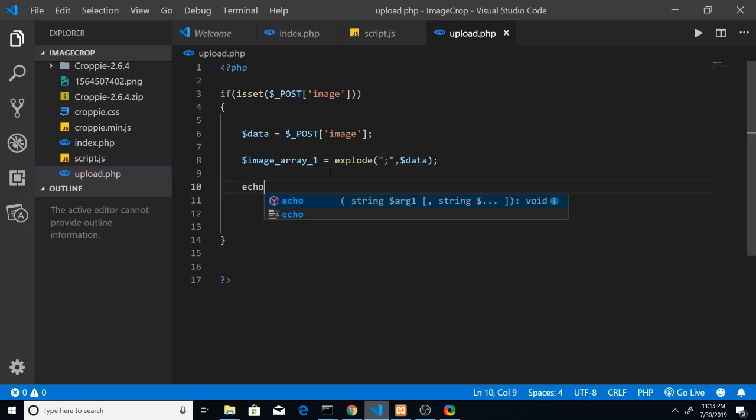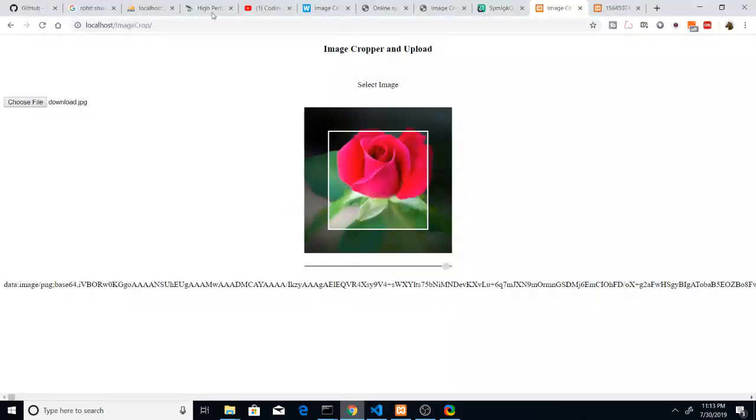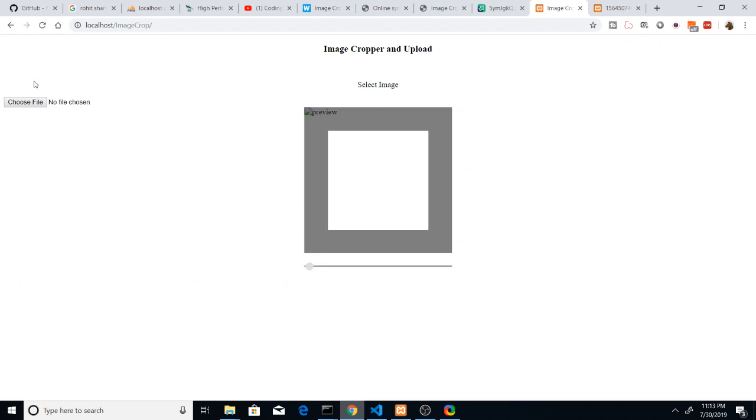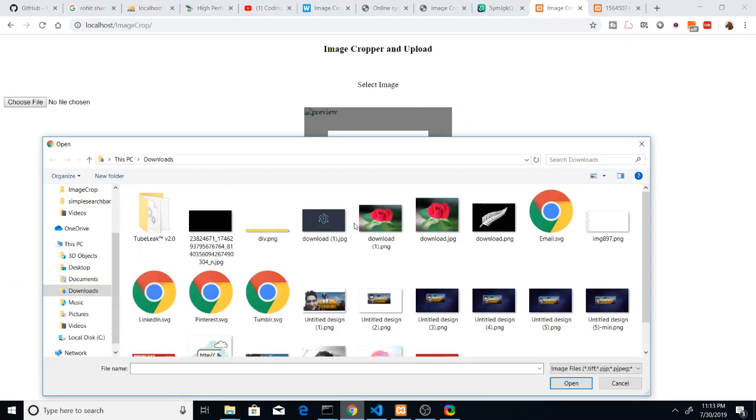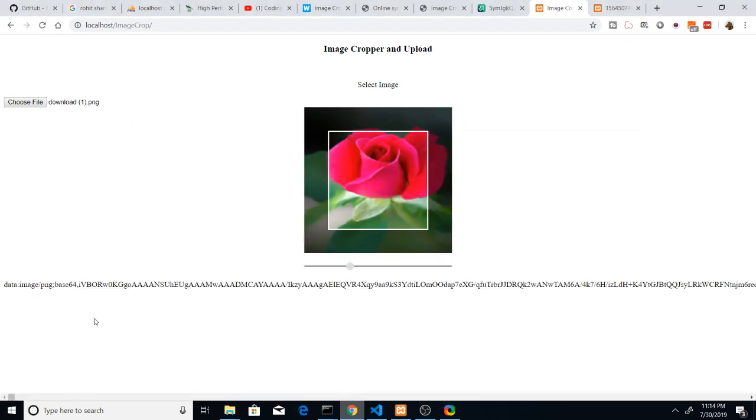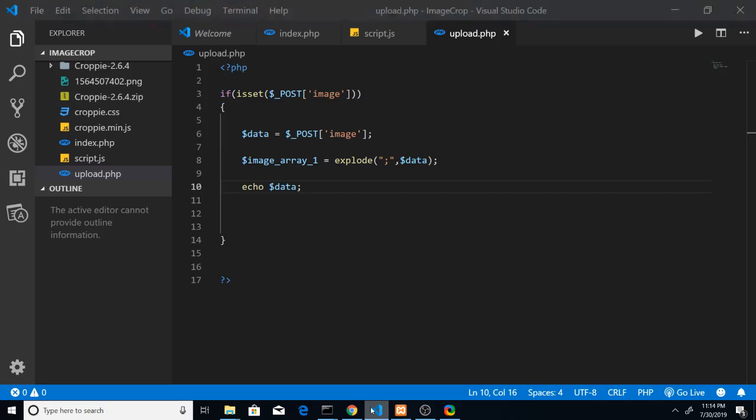And now if I print the data, let's suppose, if I refresh it, choose the file, so now you will see that the semicolon has been removed. In similar fashion we will be removing the other things also. So let me just declare the image array 2 variable